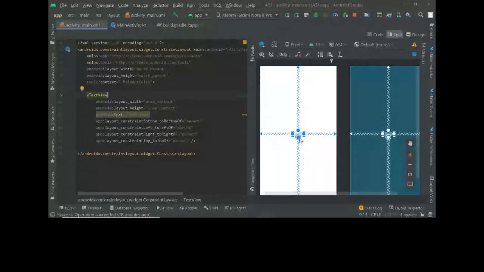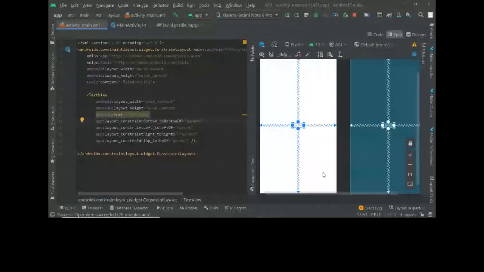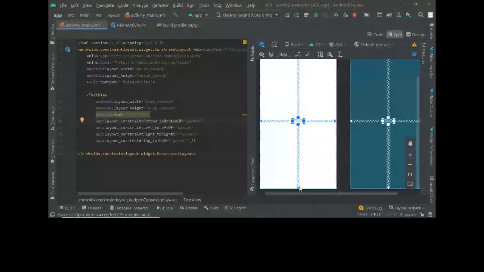Because this is a text view, so bottom part will be this. So you're adding a constraint such that this bottom is tied up to the bottom of something else, and in this case, the bottom of the parent. And since the parent is this whole screen, as you can see, you're tying up this bottom to this bottom.